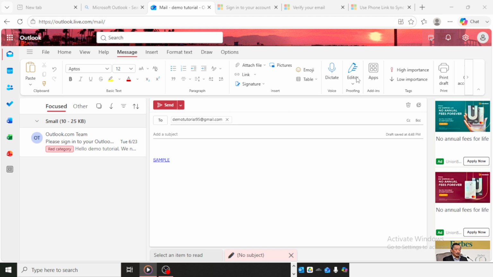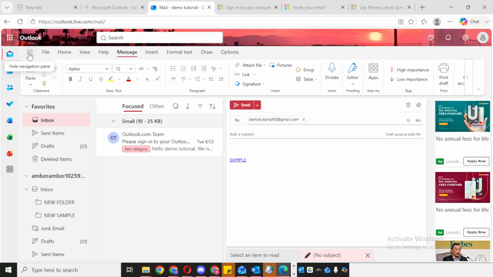Start by opening Outlook on your computer and waiting for the main Outlook window to fully load. Once you're in, look over to the left side of the screen. Near the upper left area, you should see a small hamburger icon. This is the icon with 3 horizontal lines stacked on top of each other. It's commonly used in apps and programs to show or hide navigation menus. Go ahead and click that hamburger icon once.